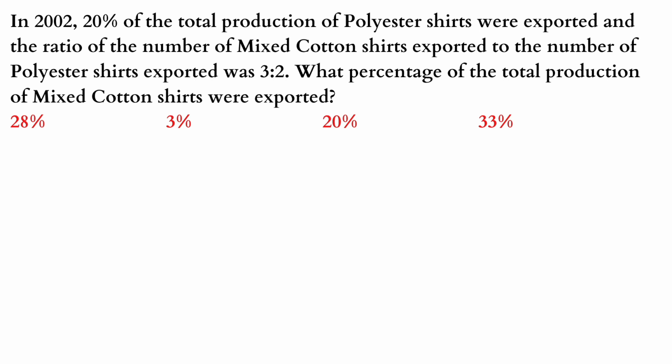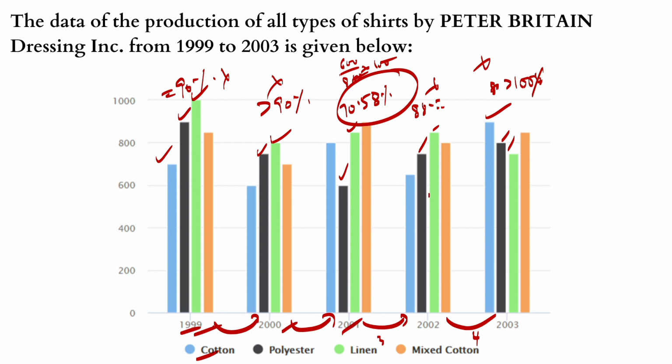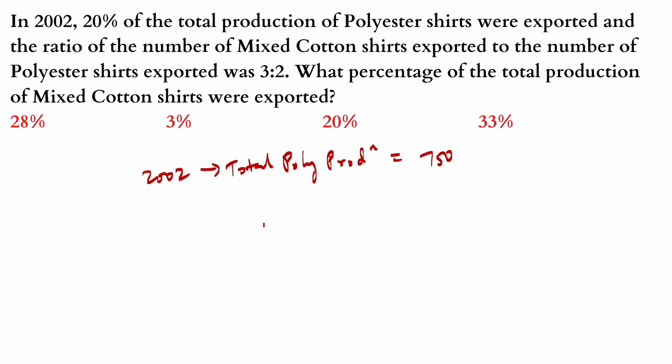In 2002, 20% of the total production of polyester shirts were exported, and the ratio of the number of mixed cotton shirts exported to the number of polyester shirts exported was 3:2. What percentage of the total production of mixed cotton shirts were exported? Okay, so here in 2002, the polyester production is 750. This is 750. So polyester exports,